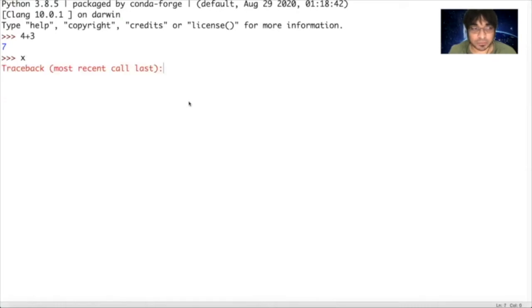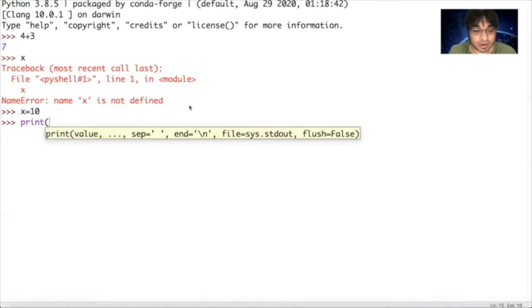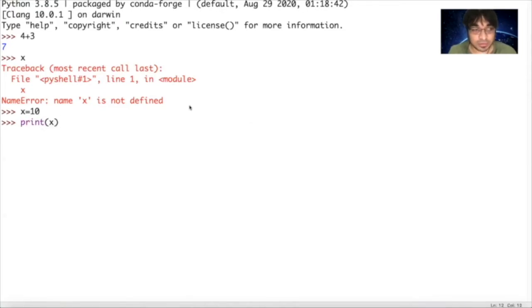If we hit enter, you see that we have a problem. So now we should give x some value. Let's assign the number 10 to x. Now x has become 10. Now if we write print parenthesis start, x parenthesis close, hit enter, we see 10. Okay, good.